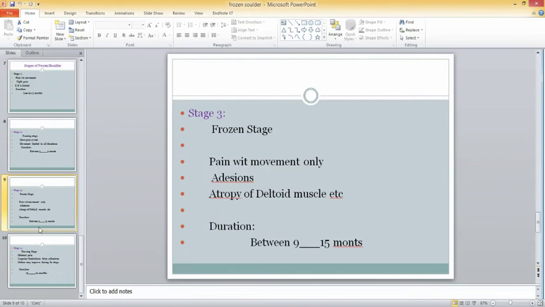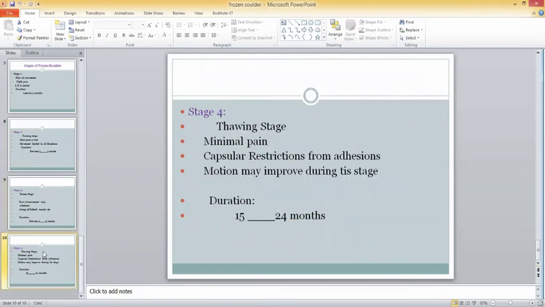And now it's turn for stage 4, that is thawing stage, characterized by minimal pain and no synovitis but significant capsular restrictions and adhesions. Motion may gradually improve during this stage. This stage lasts from 15 to 24 months or longer. Some patients never regain normal range of motion. Some references indicate that spontaneous recovery occurs on average 2 years from onset, although other